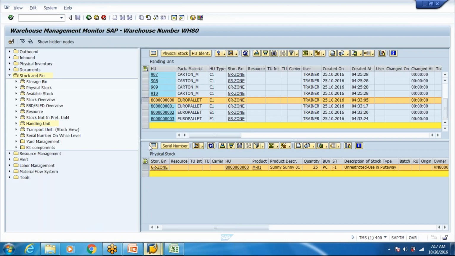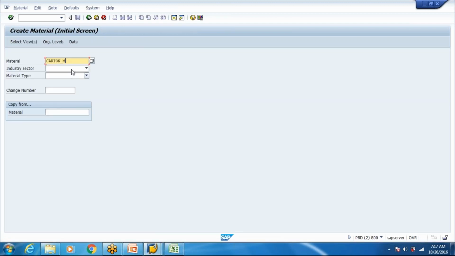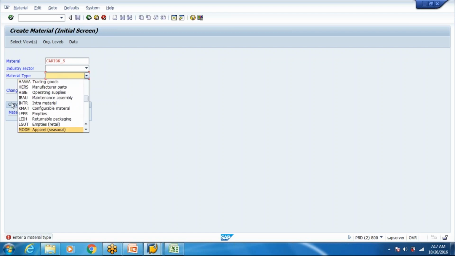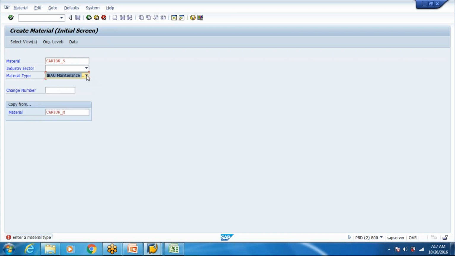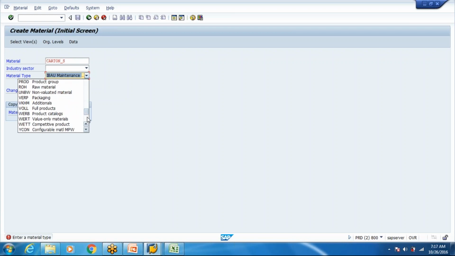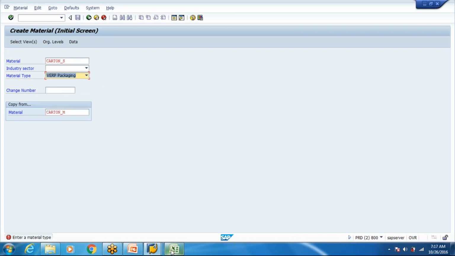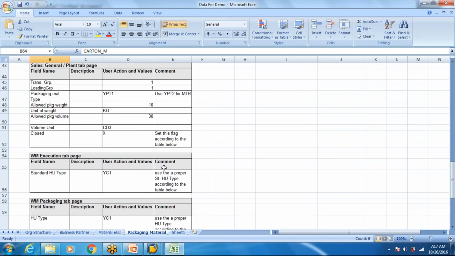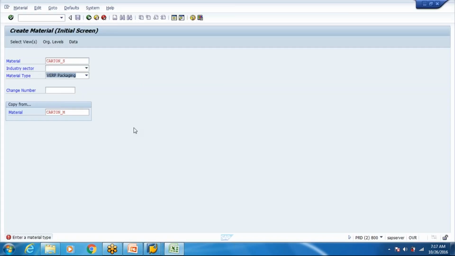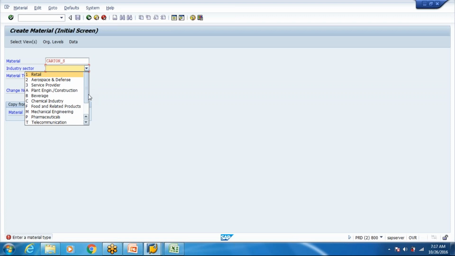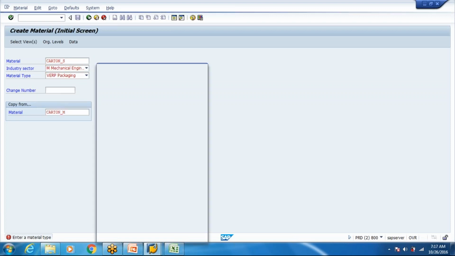Carton M. Yesterday we created M, so you can also create carton S and refer to carton M. Whatever you need to enter here, for material type it's packaging material, VERP. So it's all mentioned here, VERP, mechanical engineering, everything.